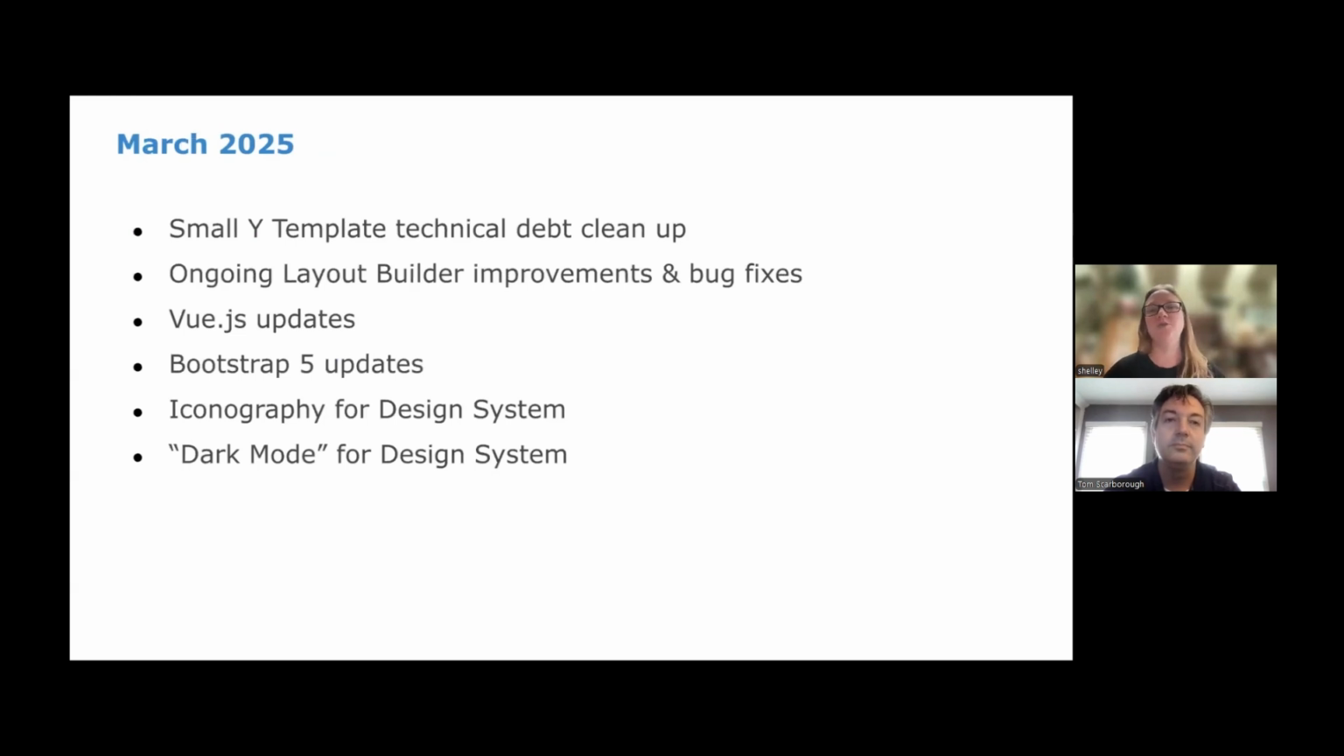Moving on to 2025, which we're starting to build out releases for now. We'll be doing some Small Y template technical debt cleanup and likely some improvements to the admin interface as well. We have ongoing layout builder improvements and bug fixes, some of which will also be included in the December release. So keep your eye out on the release notes for any potential bug fixes that might impact your association if you're using layout builder. We'll also be moving forward with some not so pretty and fun technical updates to Vue.js